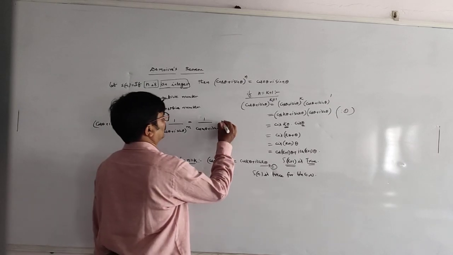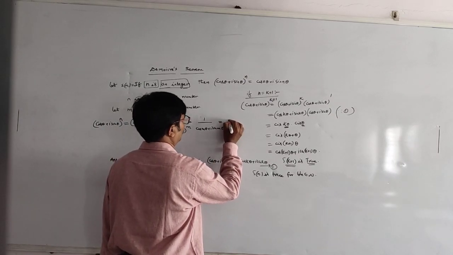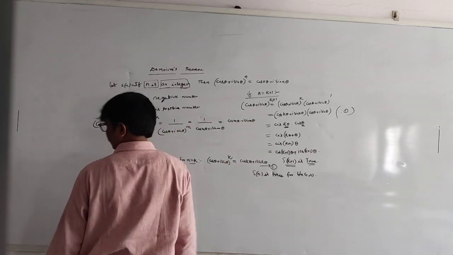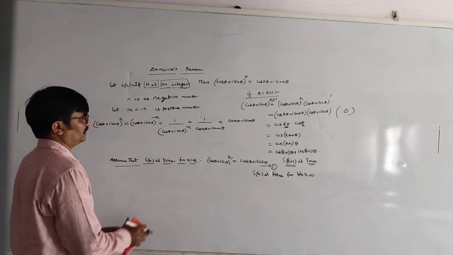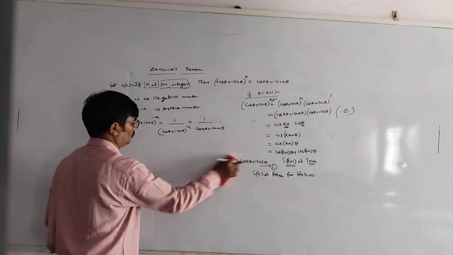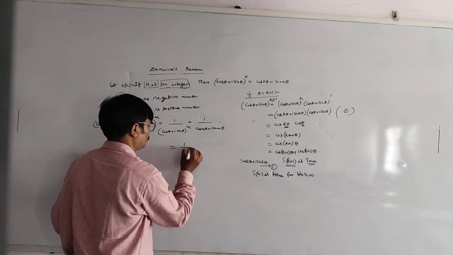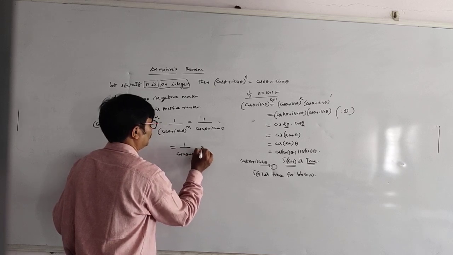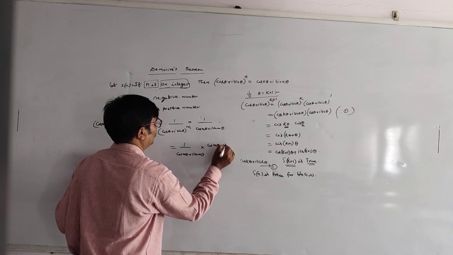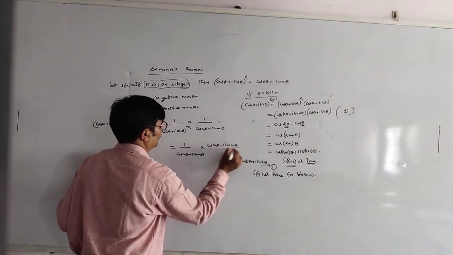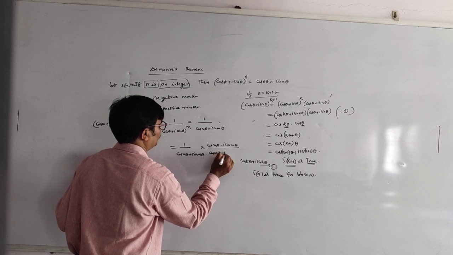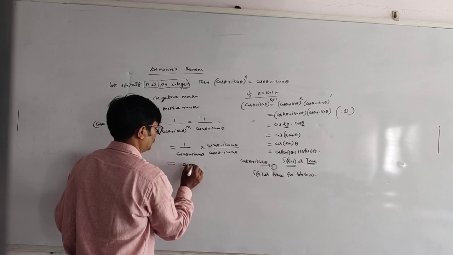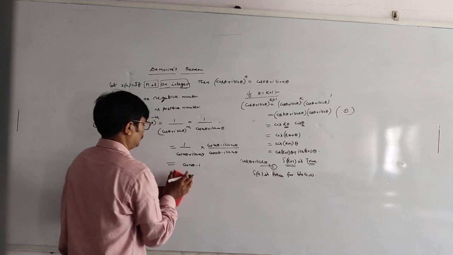Now students, the rationalization: cos m theta minus i sin m theta. What is it, students? After the rationalization we got here, how to write it? 1 by cos of m theta plus i sin m theta, this is cos of m theta minus i sin m theta upon cos of m theta minus i sin m theta. Therefore students, cos m theta minus,